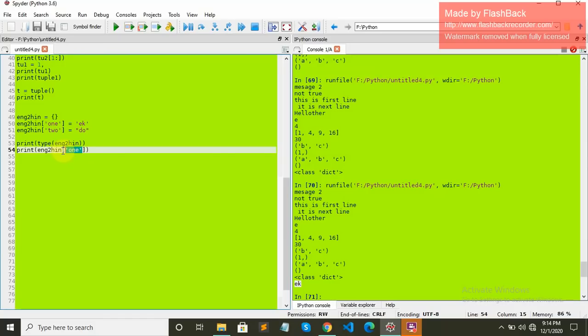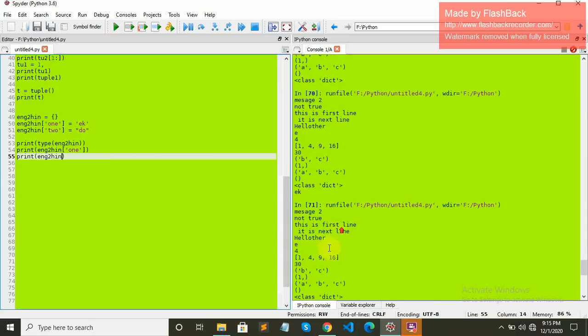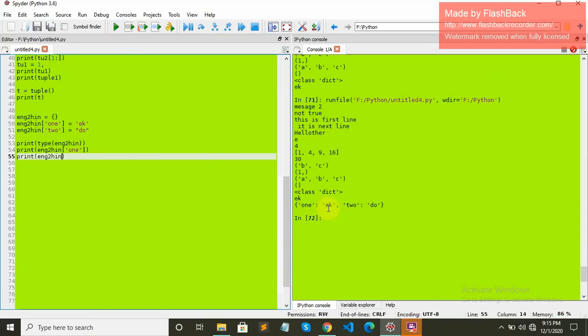That's how dictionaries work. Commas are used to separate the dictionary key value pairs. Each pair has a key as well as a value that is separated by a colon. The exact organization of pairs may not necessarily be as you might have expected, so there might be some differences in the order in which elements appear. Let me print this dictionary for you. Let's print this, and we can see 1, ek, 2, do. They are separated by the comma and you can see it.